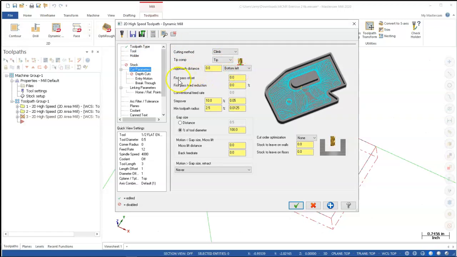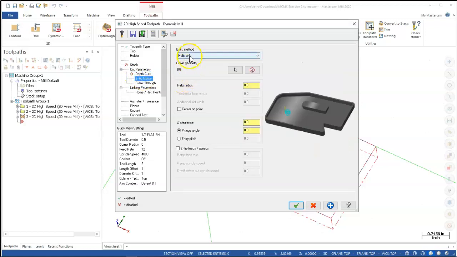Climb, tip, first pass offsets, speed reductions, step over amounts, minimum toolpath radiuses, gap size. We have a lot of parameters in here that we can really go fine tune this geometry. Entry motion,